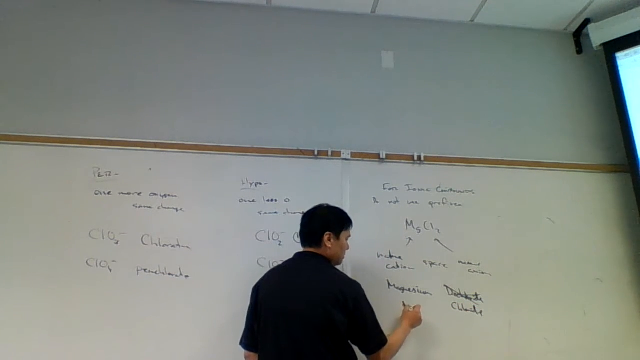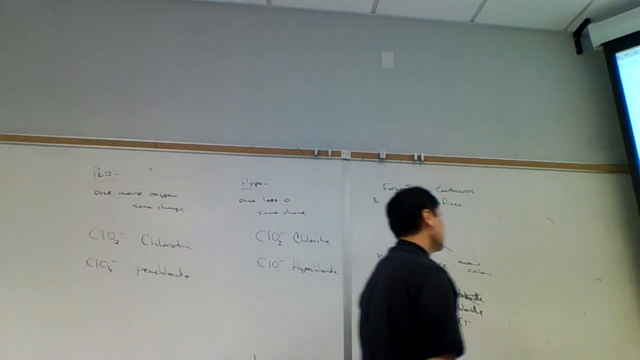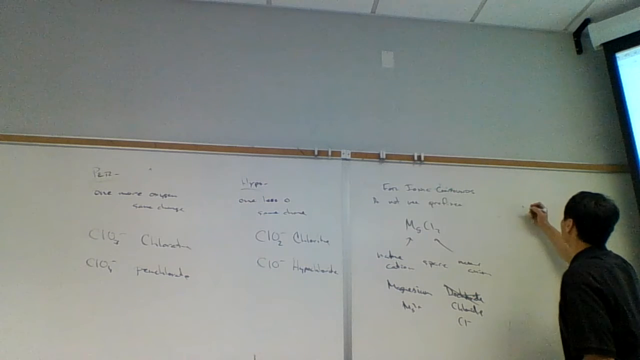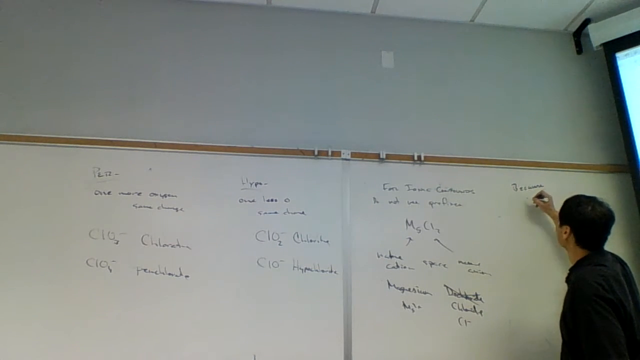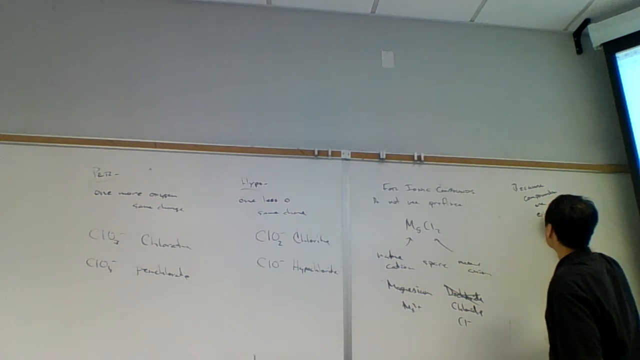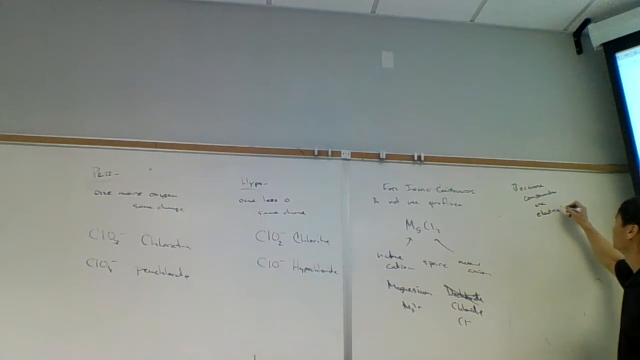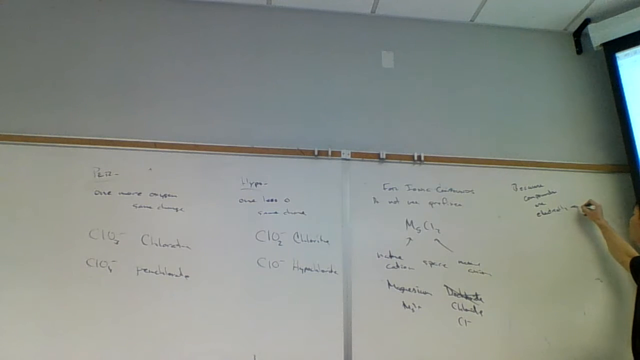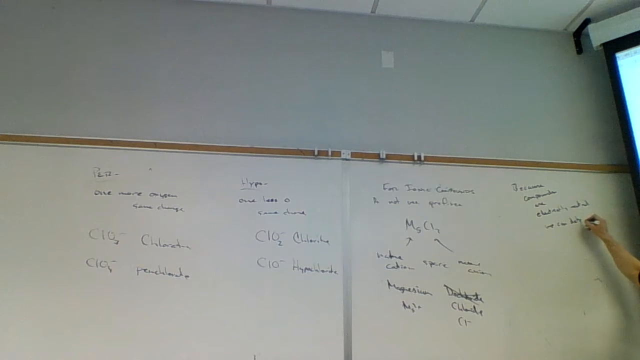And so magnesium is Mg2+, chloride is Cl-. Compounds are electrically neutral. Because compounds are electrically neutral, that is, the negative and the positive have to balance each other out, we can figure out the ratio. We can determine the ratio